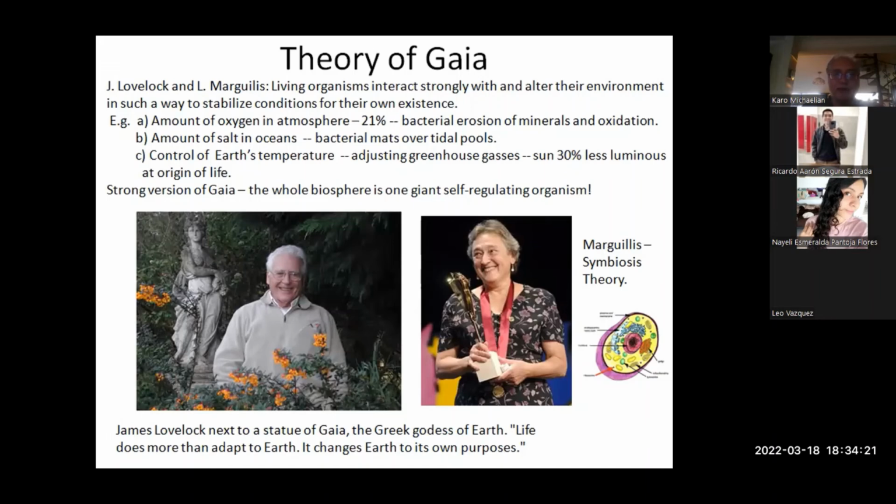Okay, I'd like to also bring your attention to the theory of Gaia. Maybe some of you have heard about it. It's a very interesting theory. James Lovelock, who's the guy here on the left, came up with this idea and was not able to publish his works. He tried in various journals, but they rejected it. Now, whenever he goes to give a talk, he gets a standing ovation.